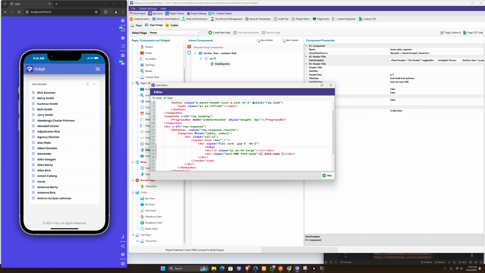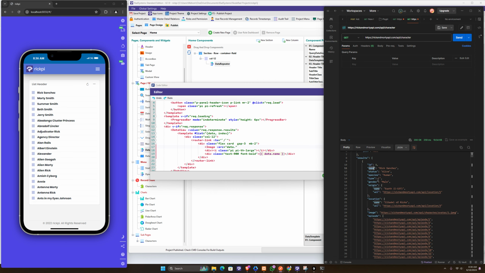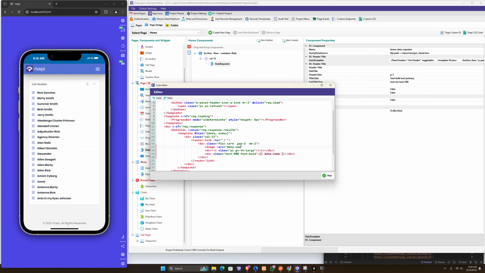src, so we want to do source is equals to data dot. Now we're going to do data dot. So if you come to your API here, we have the name, right? Where is it? Image. So we want to get this image and put it here, right? So inside the image, we're going to come to data dot image,